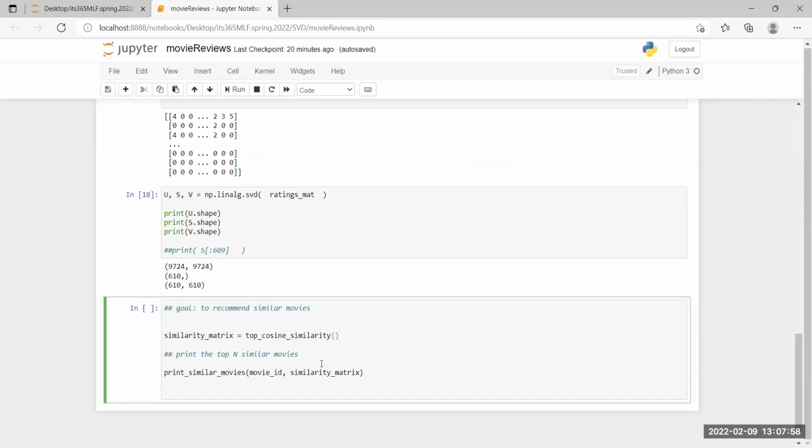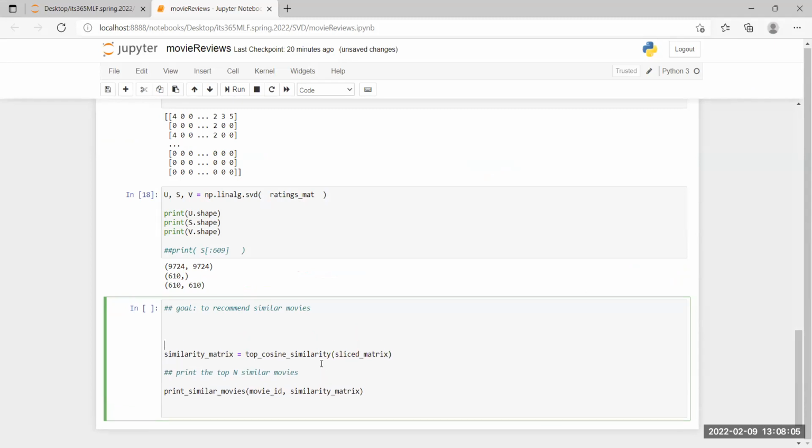So when we do the cosine, it's going to be actually on the sliced matrix. So then we need sliced matrix. Okay. So we're going to need sliced matrix, and it's going to come from either U or V. You have to kind of play with that, depending on what you're doing. But U is probably the one that contained the movies, I think. Yeah. So just double check. Okay, so then U,